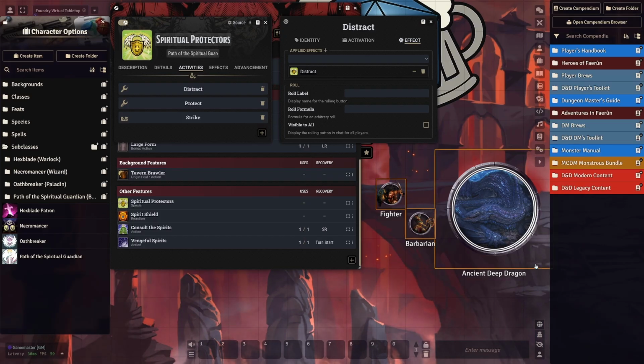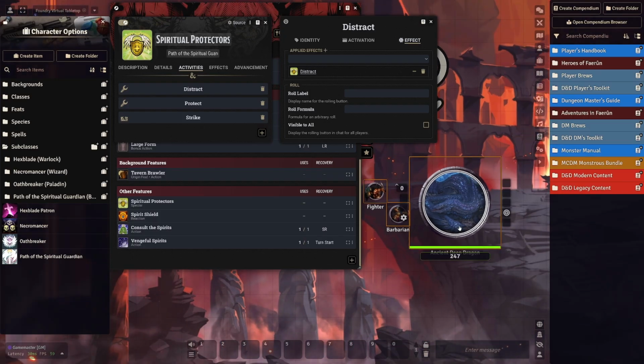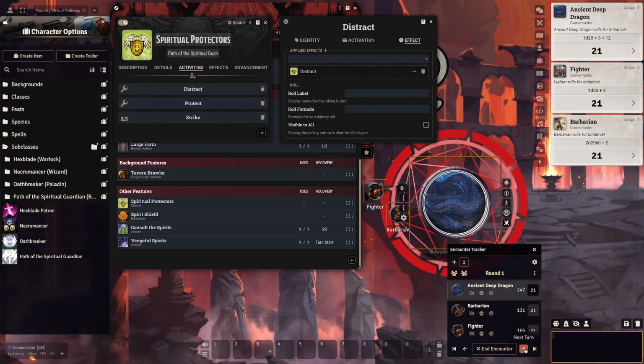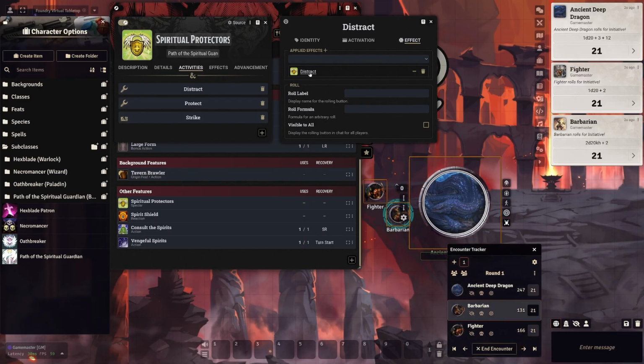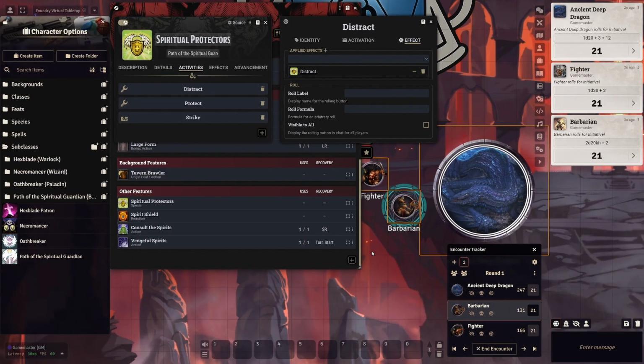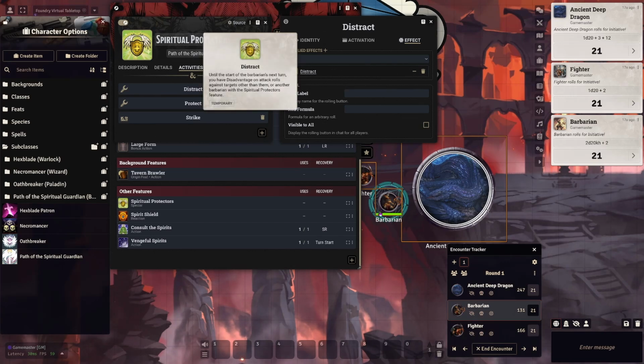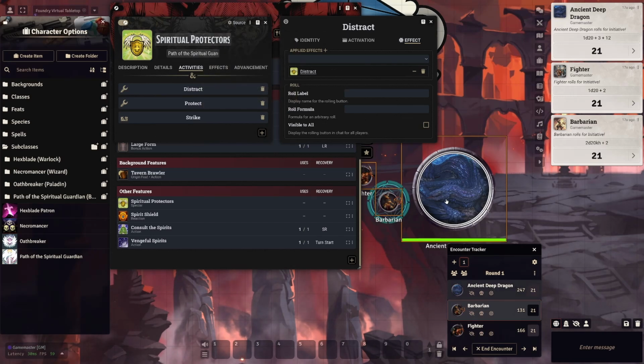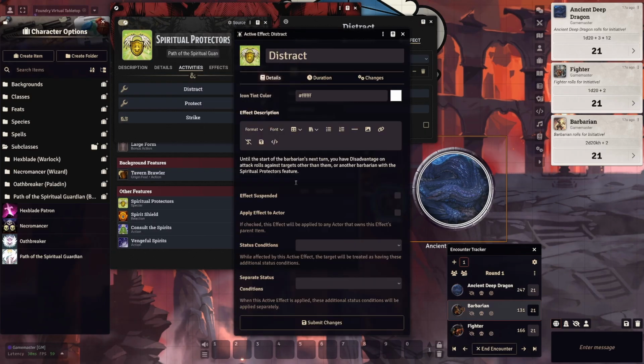So let's real quick throw these three actors into combat, and we're going to move down to the barbarian's turn. And on the barbarian's turn, they're going to perform this action, and this action is going to put an effect on the dragon to remind the dungeon master that creature has this distract effect on it. And what did we do? We basically typed in and pasted in the description of what the distract is